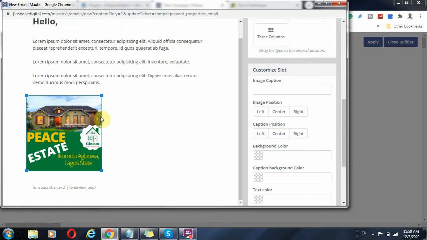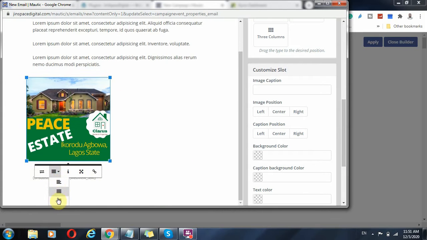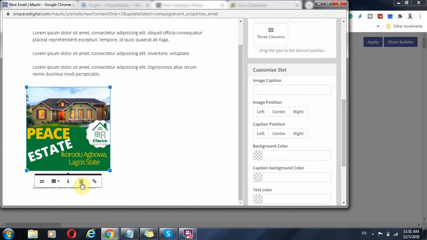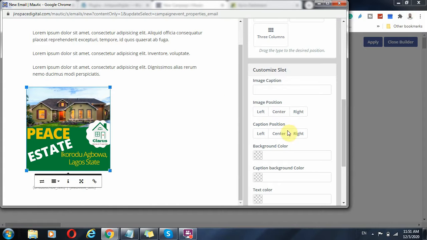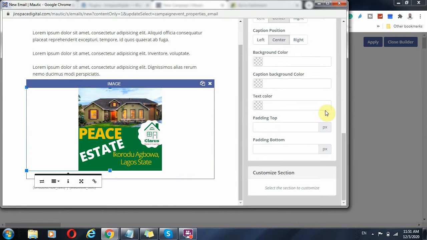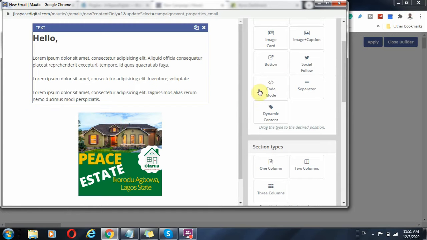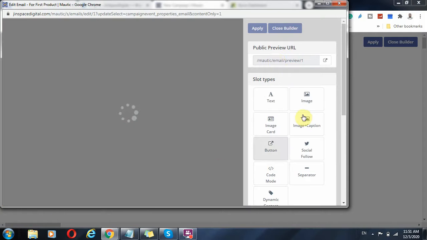You can just shrink it to make sure that everything aligns. You can just align to the center. Let me see the center here. Align right, align left, align middle, and you can change the size. You can insert a link, and you can duplicate the image, and you can just put it in the center, and you can do anything you really want to do. Once you are through with that, you just apply and you close the builder. And once you are through with that, the email that will go on